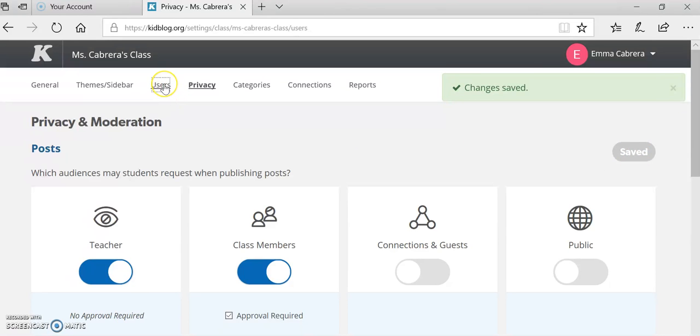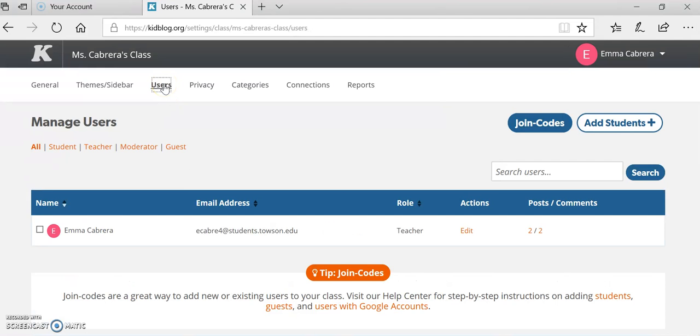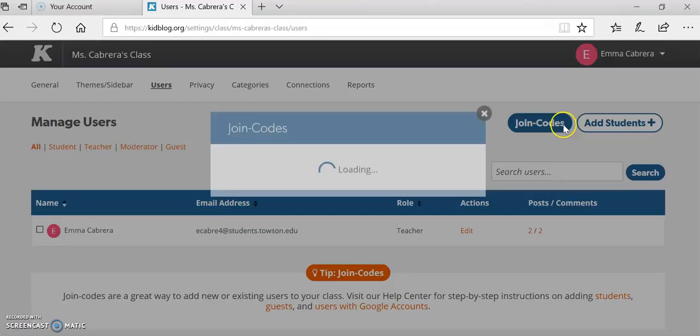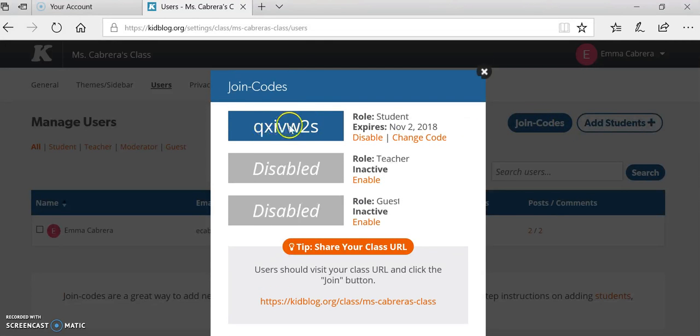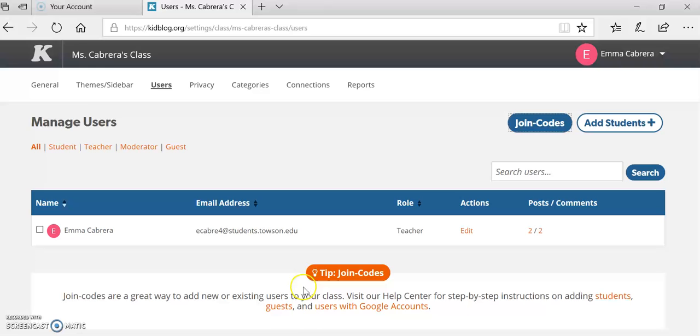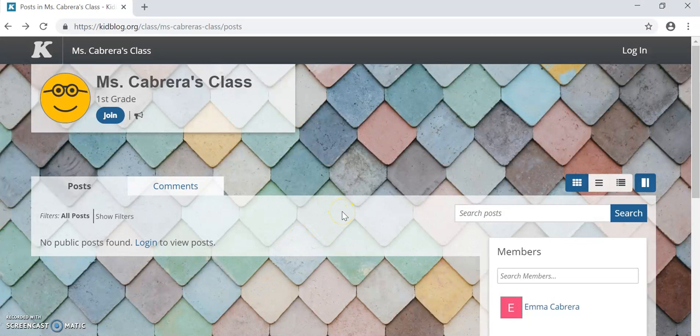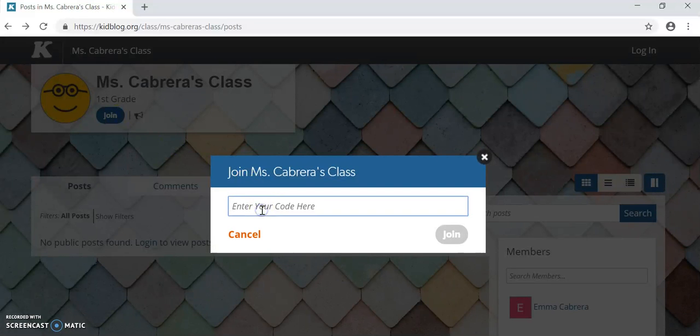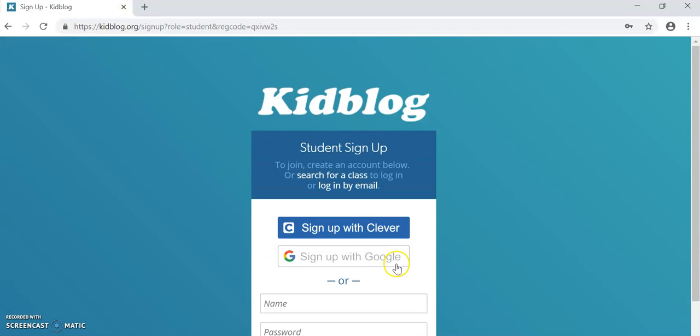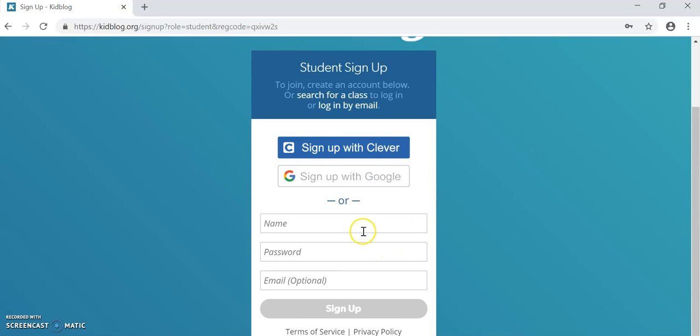One way that teachers are able to add users into their classroom is by using a join code. You would click that, you would get a join code that students would get. As a student, when they log in, this is basically what they're seeing, the exact same thing. The only thing is that they would have to join your class. So when they hit join, they would go ahead and put in the join code. When they do, this will pop up, and this is when they will